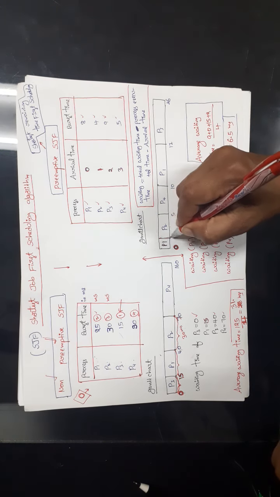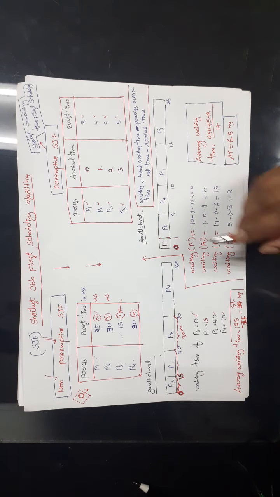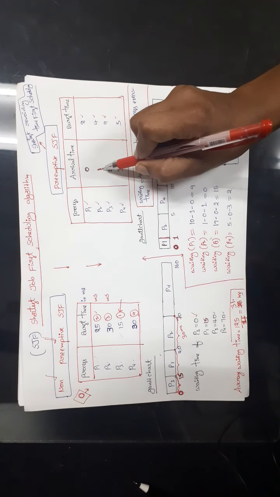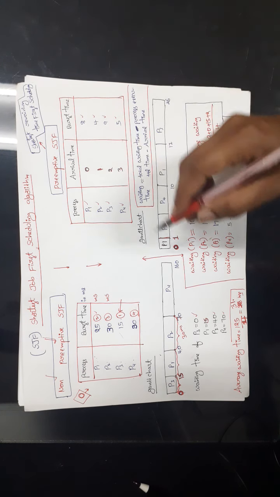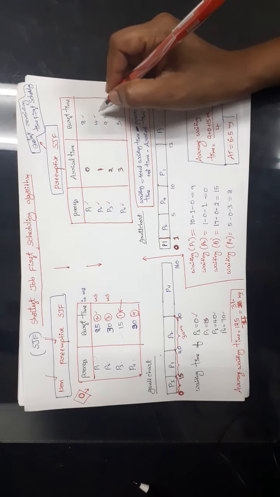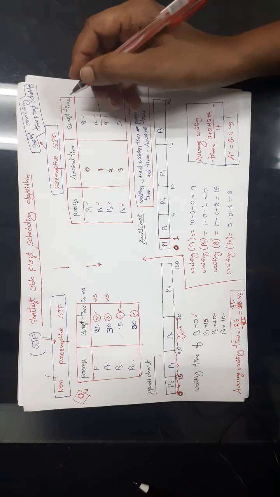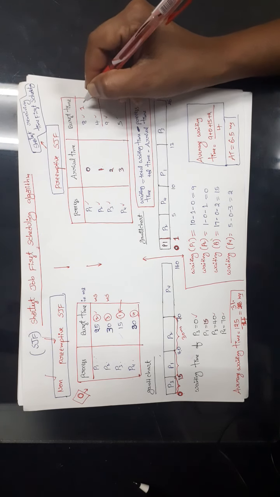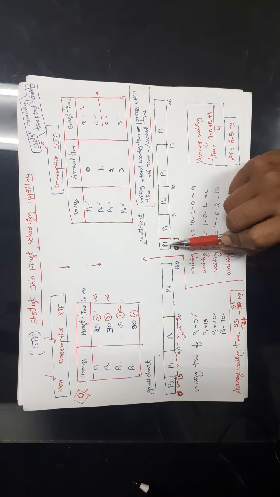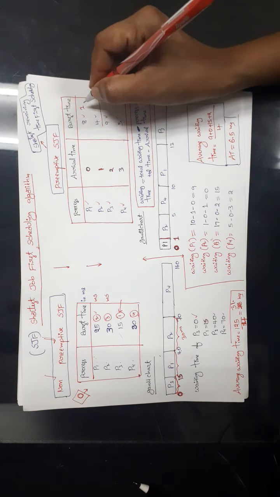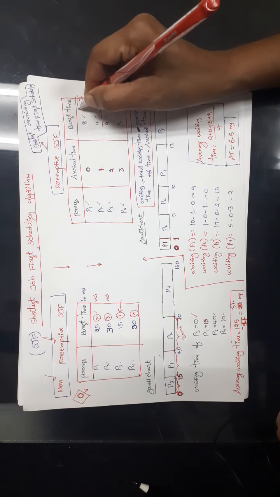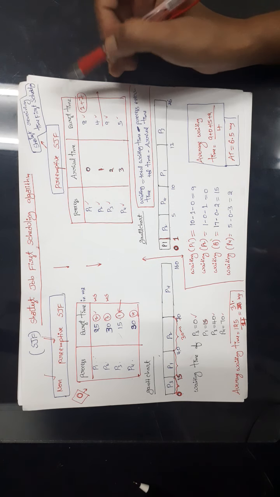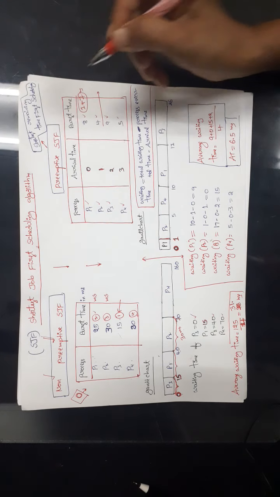So now the time is 1. At this time, if you observe, P2 has entered into the queue. Now at this moment P1 and P2 are available in the queue. Out of 8 milliseconds, 1 millisecond is executed. P1 is executed for 1 millisecond of time. That means the remaining time is 7 milliseconds. It needs another 7 milliseconds of time.